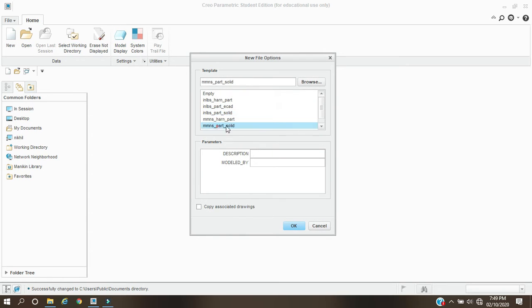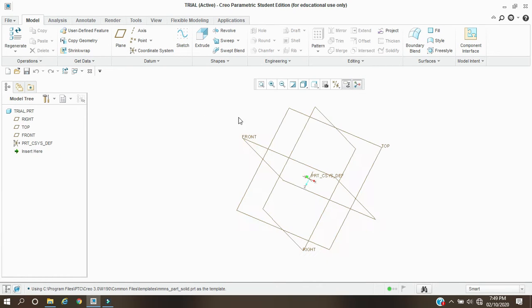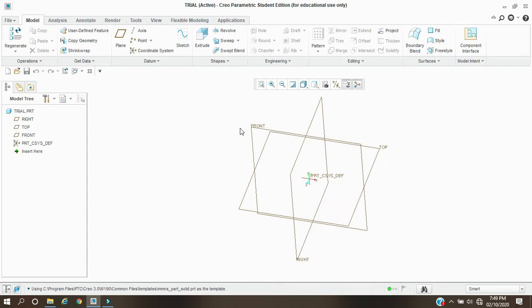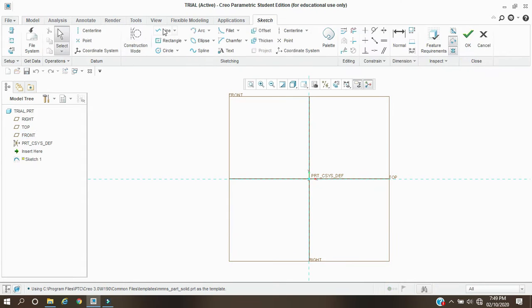Okay. Then select the unit MMNS part solid, and okay. Then after that, draw one sketch to be extruded. I will draw some different parts to explain all the types.